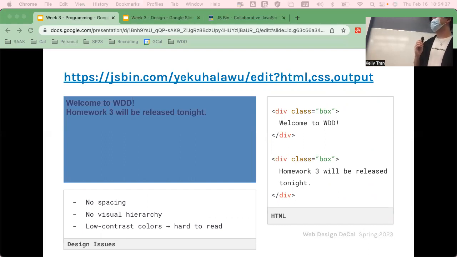As you can see, we have a couple of design issues with the box to the left. It says, welcome to homework 3 will be released tonight. But there's a lot of issues with this, right? There's no spacing, there's no visual hierarchy, we have a lot of low contrast colors, it's hard to read. And so what we can do here is,